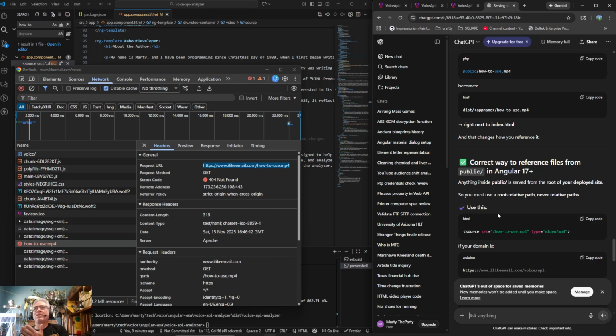So this is new to me. Things change all the time. You cannot get used to it. Yes, there used to be an assets folder.